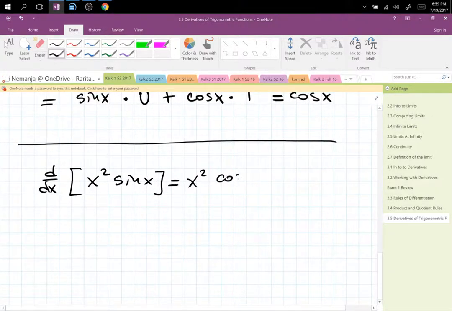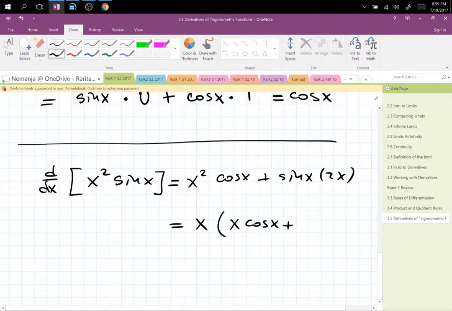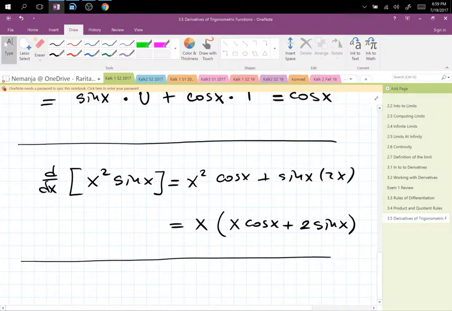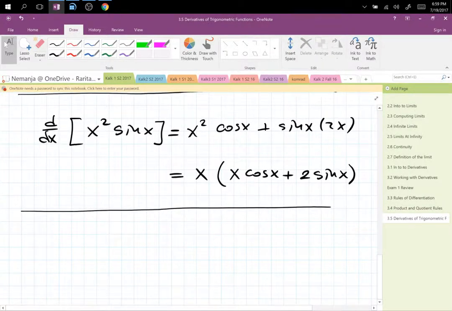Yeah. Copy the first, derivative of the second, plus copy the second, derivative of the first. Just keep going. So you factored out that x? Oh, I did factor out that x. Right there. I got the first one. Like a boss. So question, when you factored out that x,